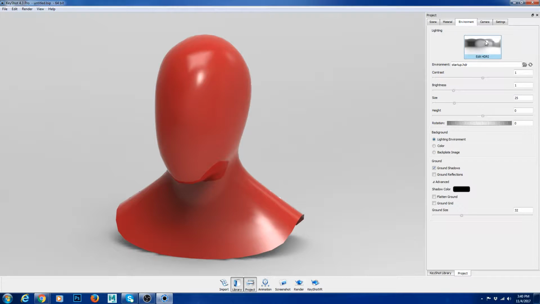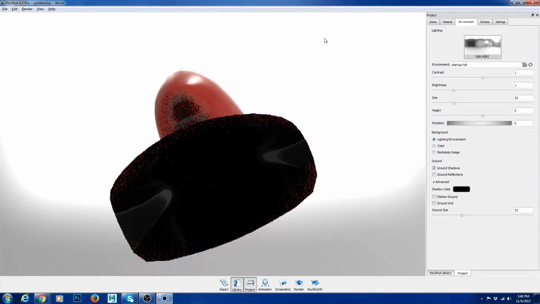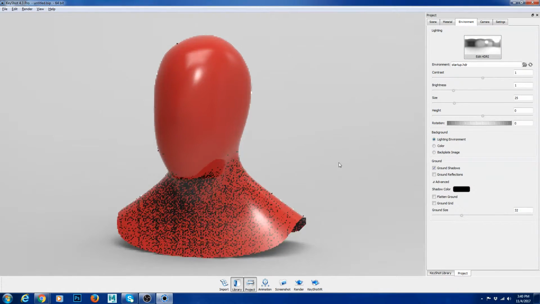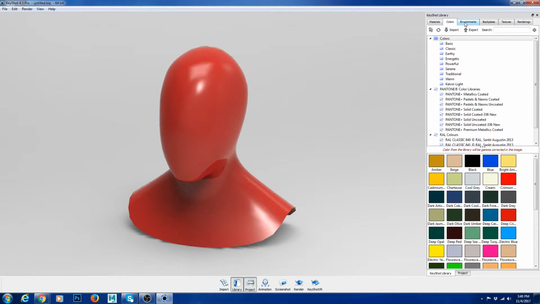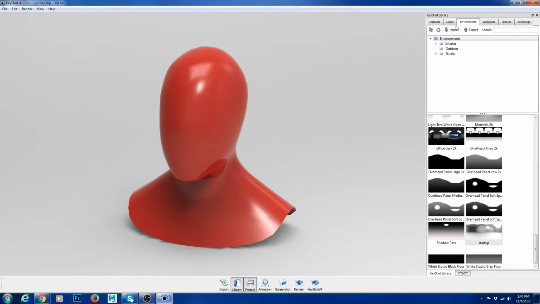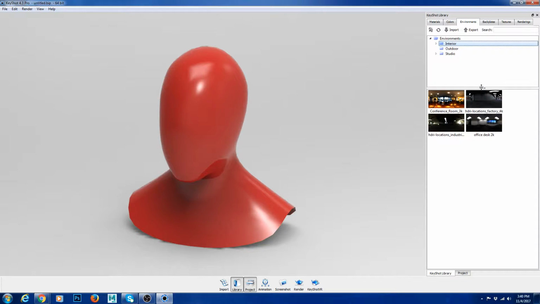By default, this is the environment you would get. This is called a startup environment. You could see the environment if I tilt through. If you want to change the environment, you go to the Keyshot library and there is something called environment. You click on there and you would see there's interior, outdoor and studio. If you click on here, it shows the environments which are available in Keyshot,